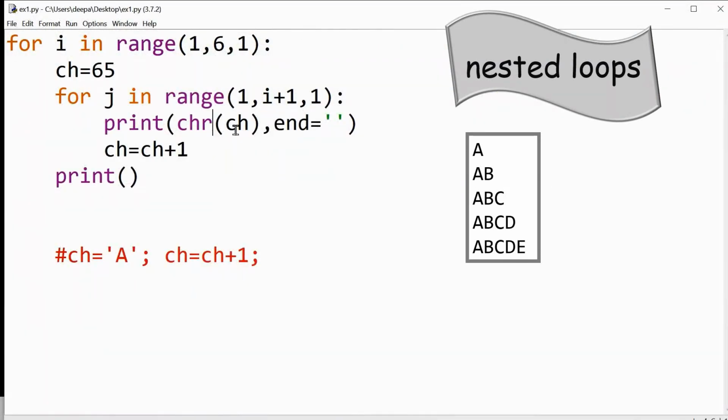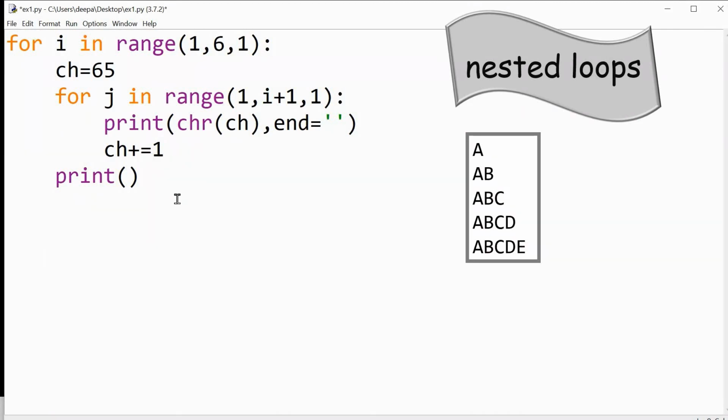Okay, this is the method. Here I am converting ch, which is 65, to a character and then printing. And then I am able to increment this step. I'm able to do ch = ch + 1 because this is a numeric, integer quantity, 65, so it is able to do the addition 65 plus 1. I can even write this as ch += 1. So this step, which is possible in C++, is not supported directly in Python.